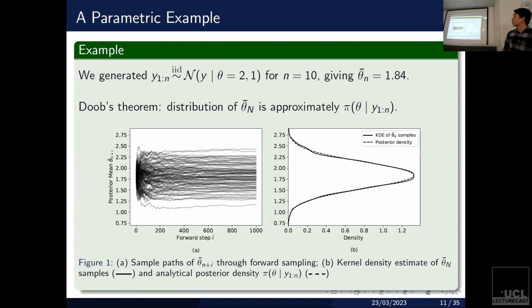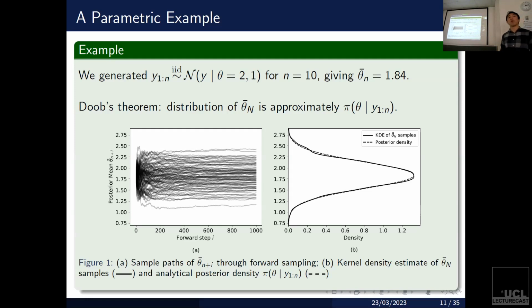So let's plot the kernel density estimate of this theta bar at capital N, or you can think of this as the limiting population mean. And we're going to overlay it with the Bayesian posterior density, and you can see that it's pretty much well aligned. And actually, you can prove mathematically that the limiting variable theta bar infinity is exactly the same as the parameter that's distributed according to your Bayesian posterior. So in the predictive framework, this sequential imputation scheme, where you fill in the data that you need to compute any estimate of any parameter of interest, is identical to this posterior sampling. But for now, we've seen that we've actually derived the predictive from the posterior.